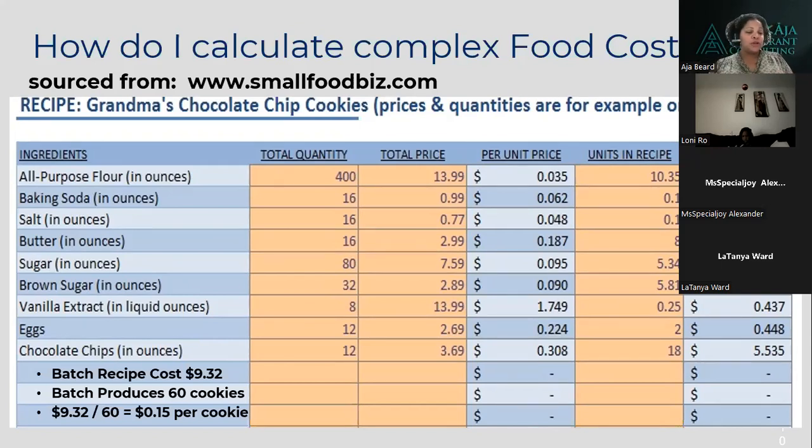But anyway, in this particular case, now we can decide what we want to charge for it, and we can break it down. We want to have a wholesale price, we have a retail price. And so without knowing how much it costs per cookie, I'm not sure how people accurately set their prices without guessing. So this is a template again that I would encourage you guys to use, and you would cost out every single one of your items down to the ingredient.